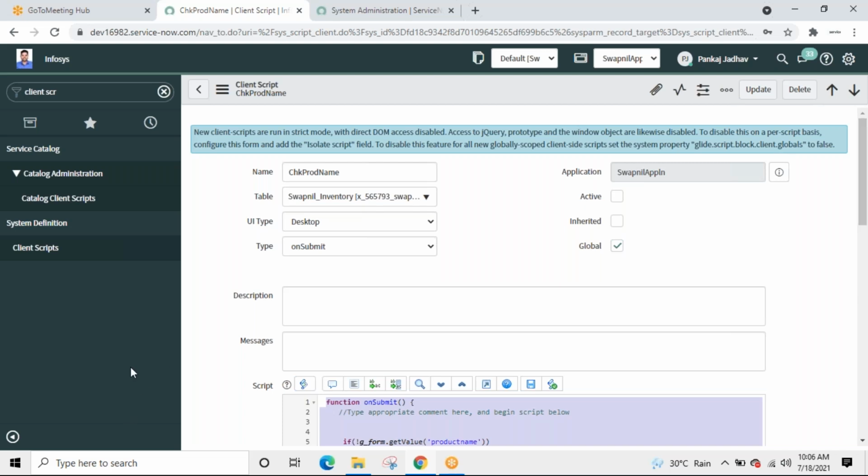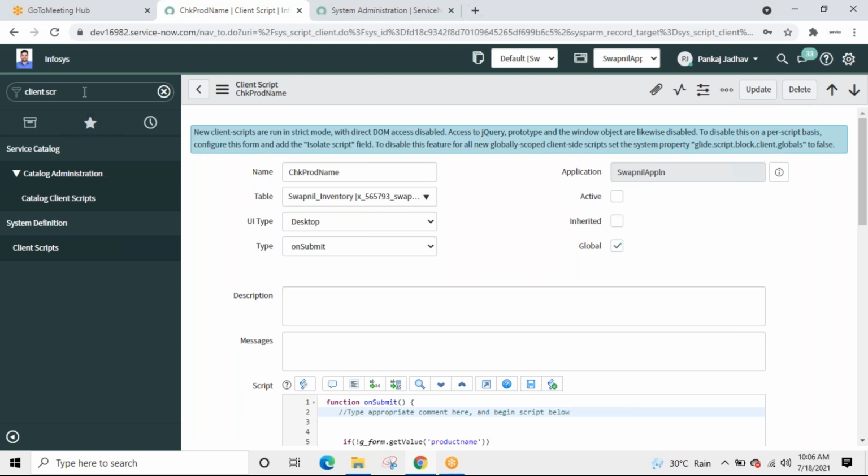Okay. So in that case, you will say client script can also do it. But then in client script, you have to use the function g_form.setVisible(field name, true). Whereas in UI policy, we can write a set of actions. Hence, without writing a code, we can hide a field, we can show a field, set it read only, mandatory, and all. So let us see an example.